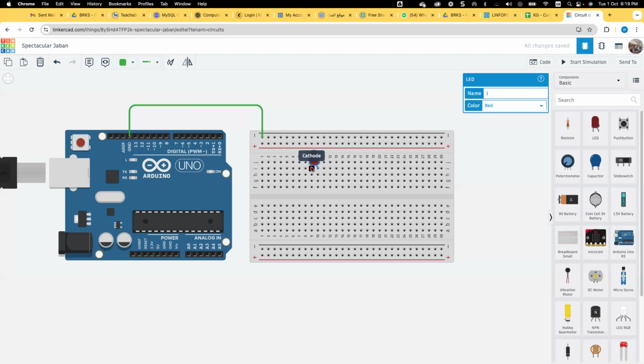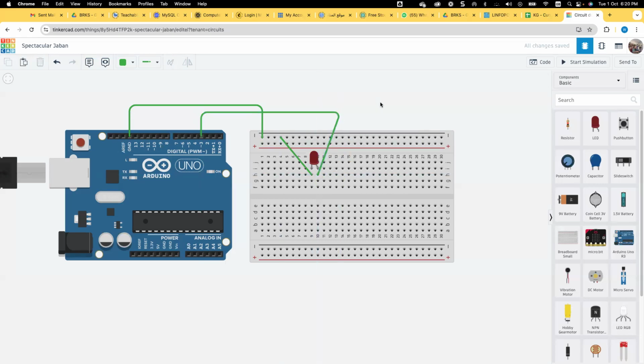The cathode, which is the shorter leg, will be connected to the ground, so I can take a wire from here till here. And then the other leg, which is the anode, I can connect to any of those pins in order to create my first circuit.